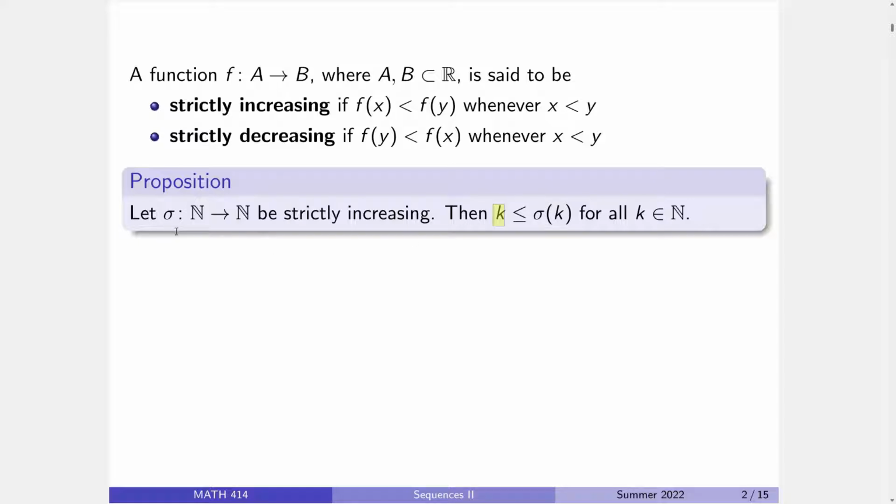And if you think about it, that makes quite a bit of sense, because phi of 1 either is 1 or it's bigger. Phi of 2 needs to be strictly bigger than whatever phi of 1 was. So, phi of 2 is strictly bigger than phi of 1. Phi of 1 is at least 1, which means phi of 2 needs to be at least 2, and so on and so forth. So, as you can see right away, it's pretty easy to inductively argue this,